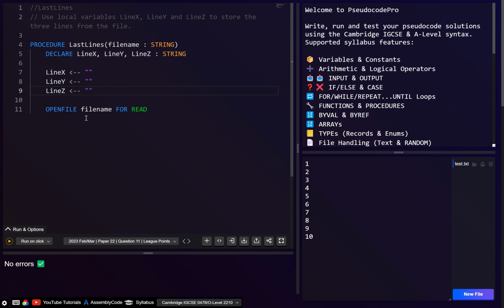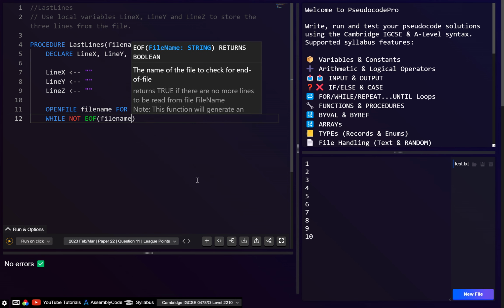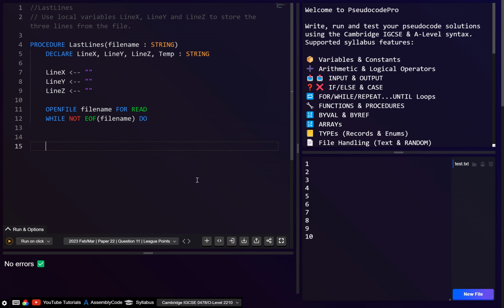Okay, so what we want to do here, we just want to read. And let's also make another temporary variable, because this will be the current line that we've read. So let's go here, we want to go while, and as always, while not end of file, this will take the file name. Then let's go do. And then we want to read the current line into this temporary variable. So we'll go read file name, let's store that in temp. And then, like I said before,